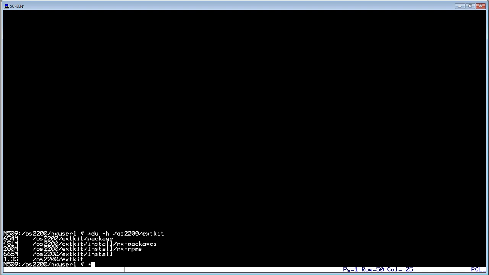And there you have it, some of the new powerful capabilities enabled by ClearPath Extension Kit for OS 2200. Now available with Release 19.0, where we are